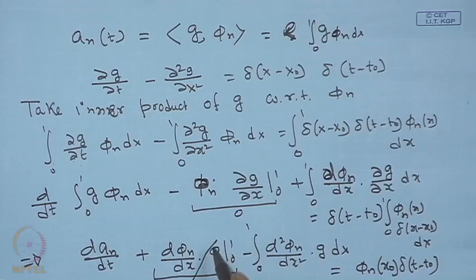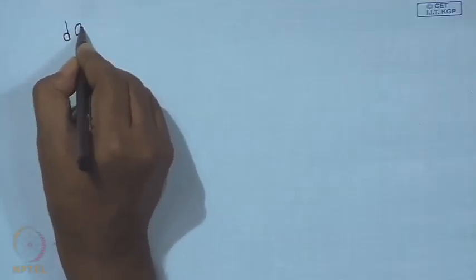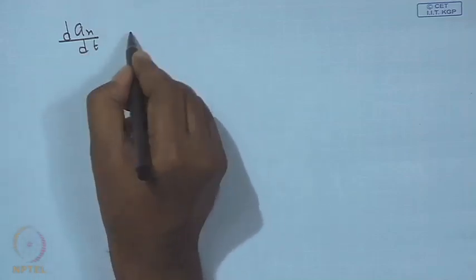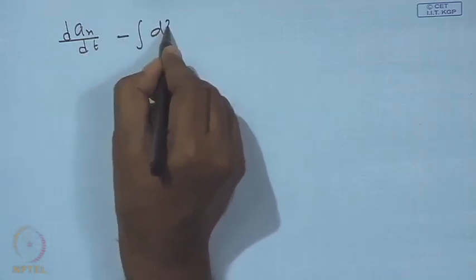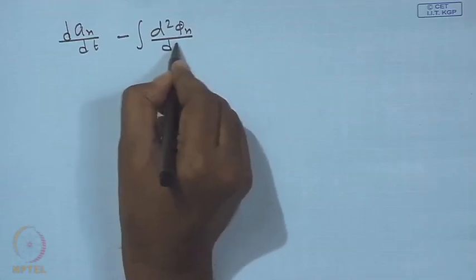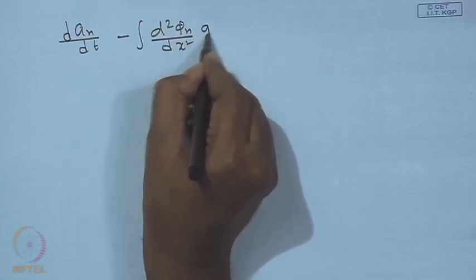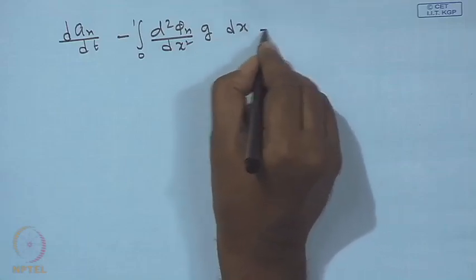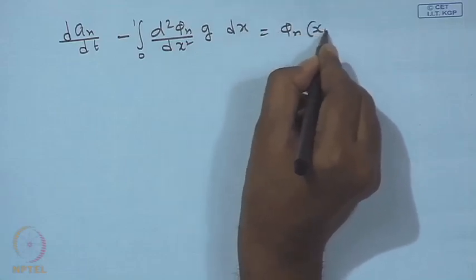So, this part will also be equal to 0, and what we ultimately get out of this equation is d a n dt minus the integral of d square phi n dx square times g dx from 0 to 1,